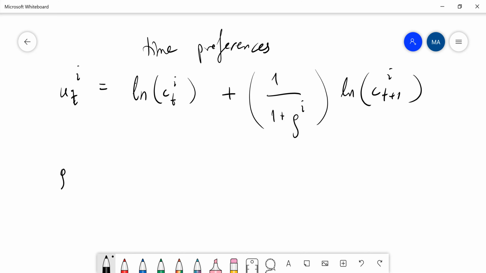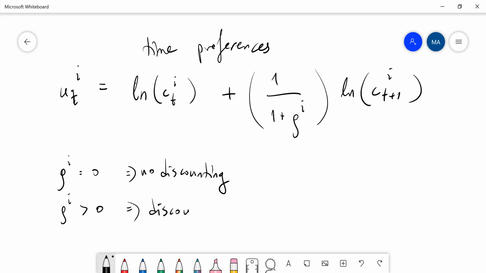Now, if rho i was 0, then there is no time discounting. So this is the no discounting case. Here, if rho is positive, which is the typical assumption,